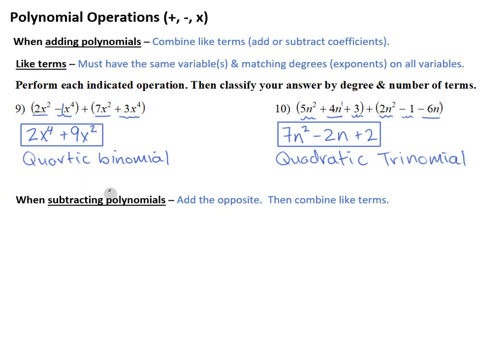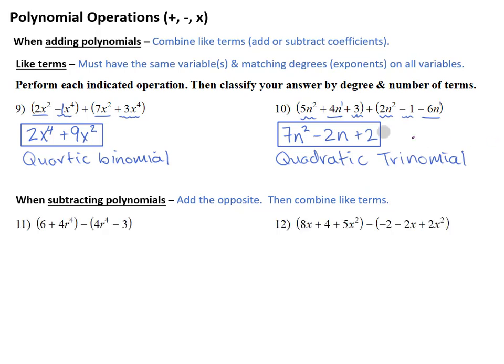Okay, next up, let's talk about subtracting polynomials. When you're subtracting, it's important to know that's the same as adding the opposite. And so we'll see that through our examples here. So we're going to add the opposite. We're basically going to turn it into an addition problem and then combine like terms, just like we did in